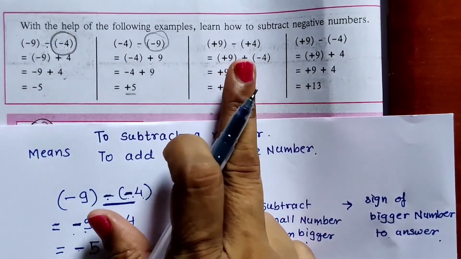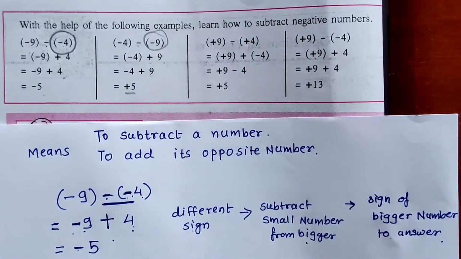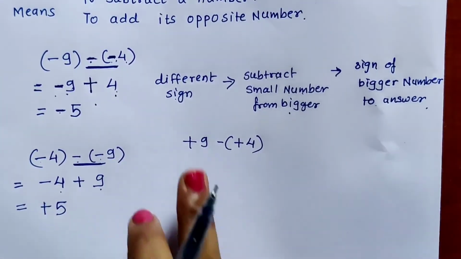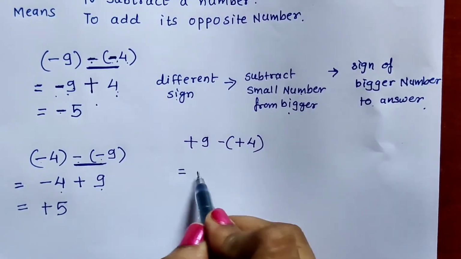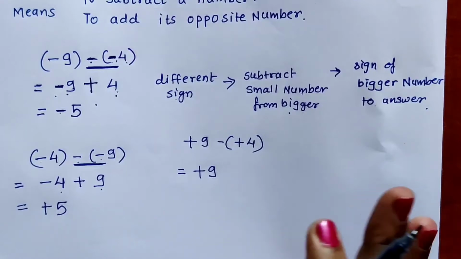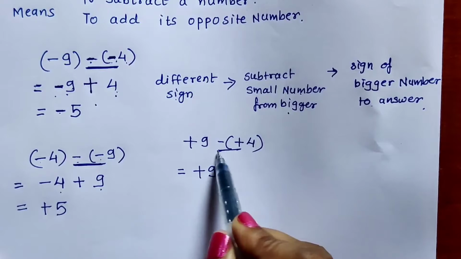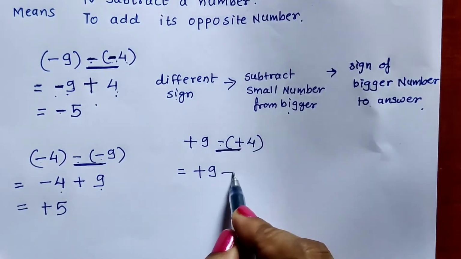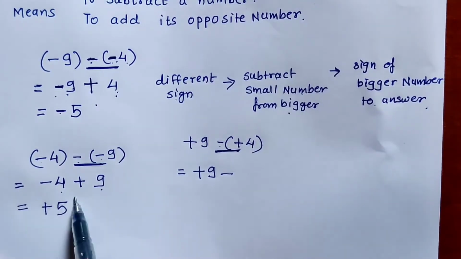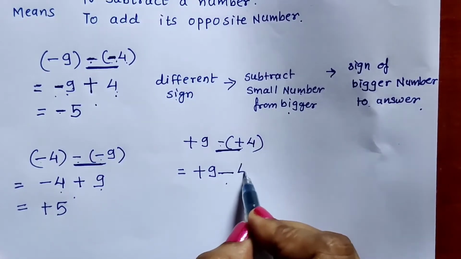Same method we can apply to solve these sums. Let us see, this is plus 9 minus plus 4. I have written the sum here. Plus 9 minus plus 4. So plus 9 as it is I write. First number we have to write as it is. In the first number you should not make any change. For writing the second number, we have to combine these two signs and make one sign. So minus plus will become minus. Minus minus becomes plus, but minus plus will become minus, and then we write this 4.